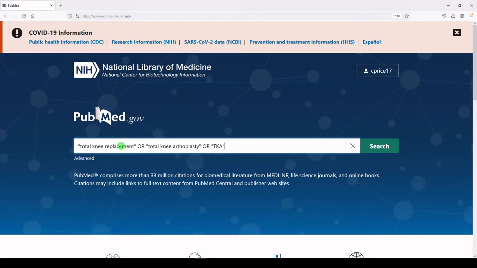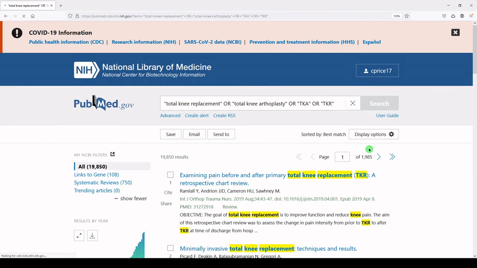And notice that I put my terms in quotes to turn off automatic term mapping and to search these words as a phrase. So that's just my first concept. I want everything that's related to TKA or let's say TKR, and then I'll click search. And that's our first concept, and we got